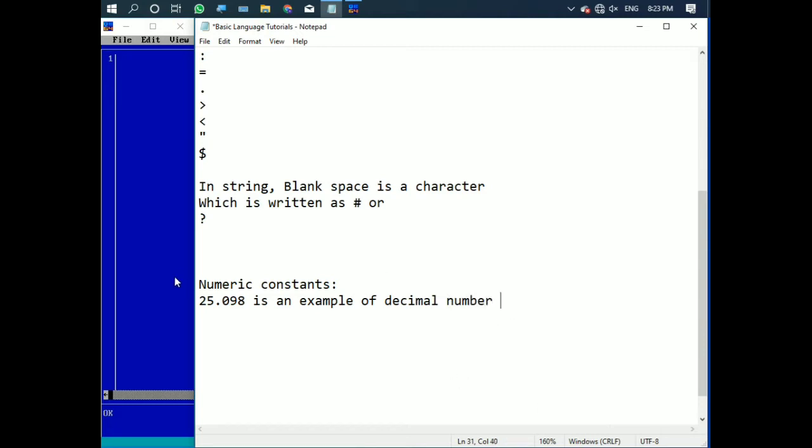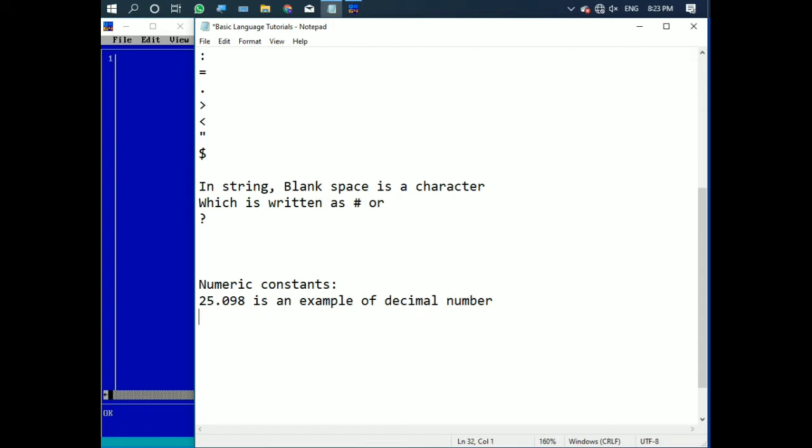If this is written in the basic language, then it is supported. And there is one more thing, like positive or negative.